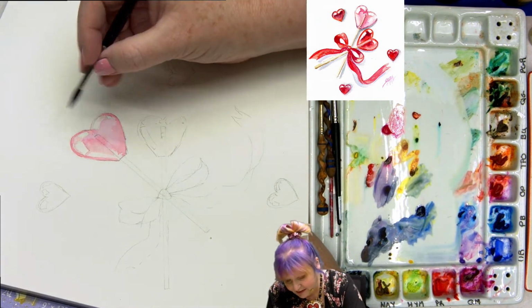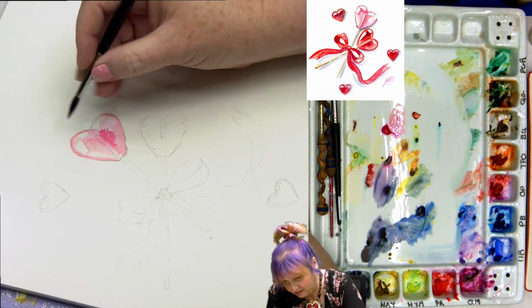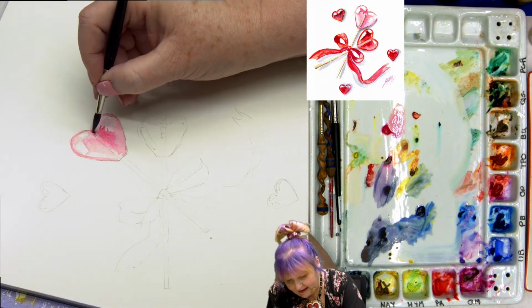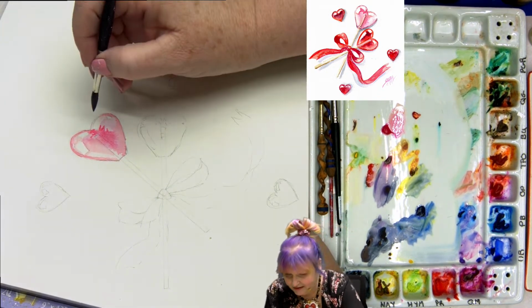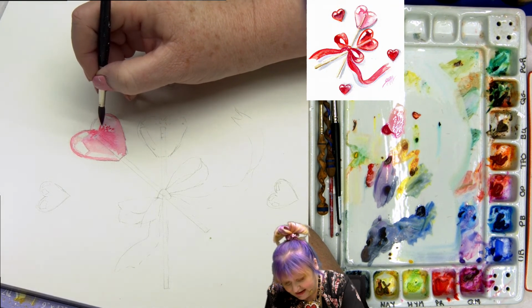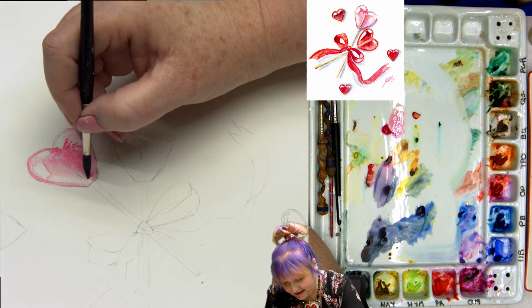All right. Yellow and the pink again. Maybe get a little stronger in the pink. And let it blend out where the paper is wet a bit and then tap up and down. You know, where you're trying to say, oh, this is like a little candy finish. So you get nice hard edges and